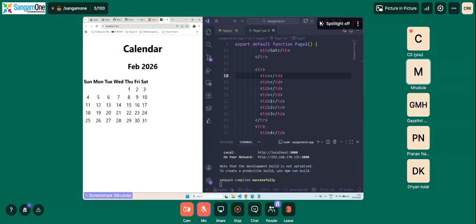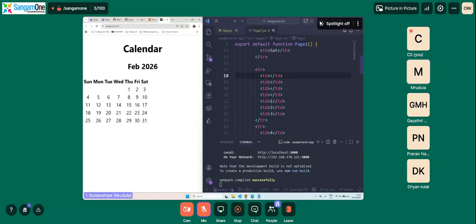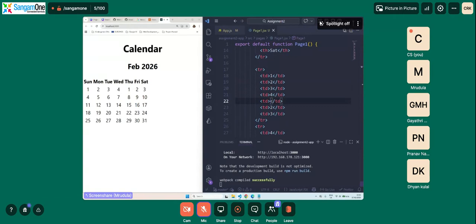See, it starts from Thursday and ends with 31st, which is not true for February. So the calendar typically for February 2026 should start on a Sunday and end on a Saturday. Okay, so that we will do it here. Okay, we will update it and then see it's getting updated dynamically.